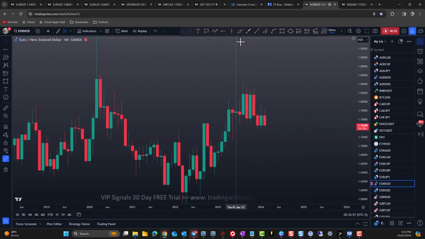Traders, we're looking at the Euro Kiwi. We have it on a monthly time frame. I'm just getting my bearings. Now this is bearish here. Now it's traded down into these lows. I'm looking for a short, and we're going to mark up these monthly lows here as potential targets, and then